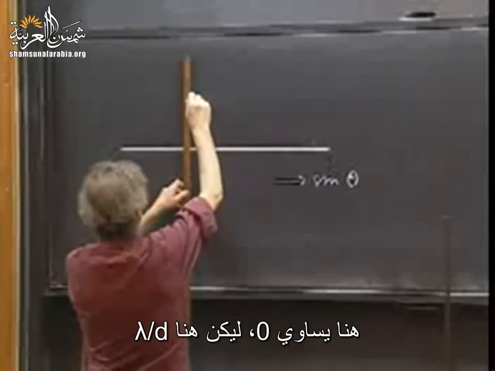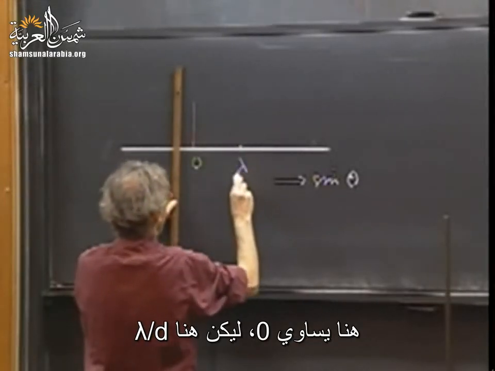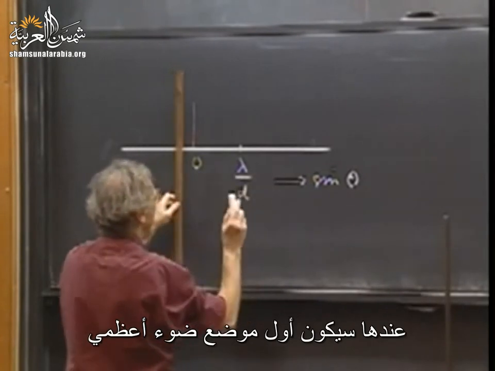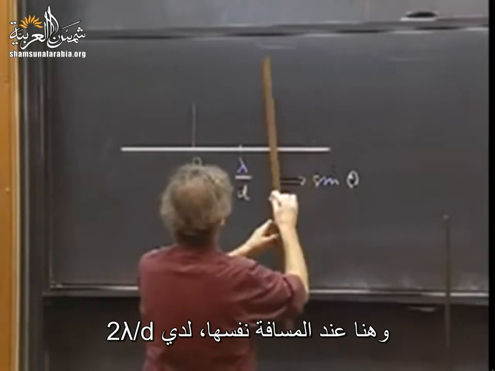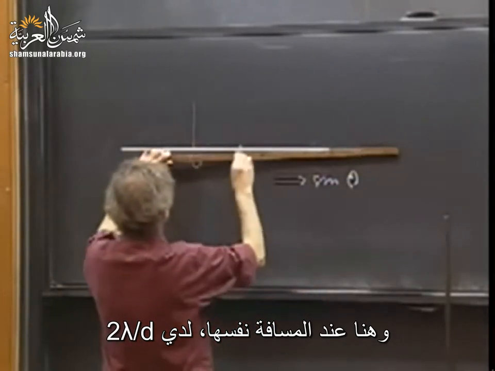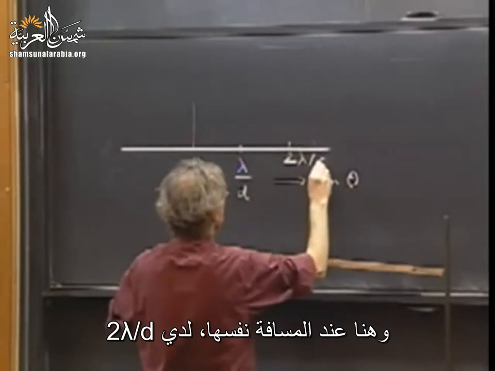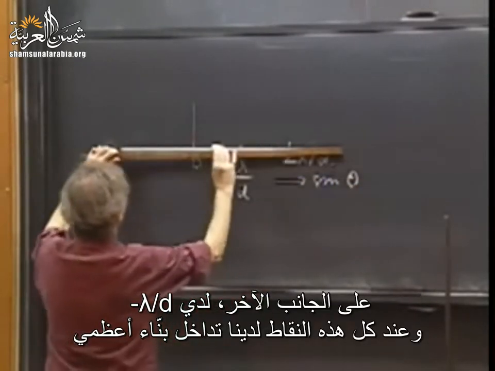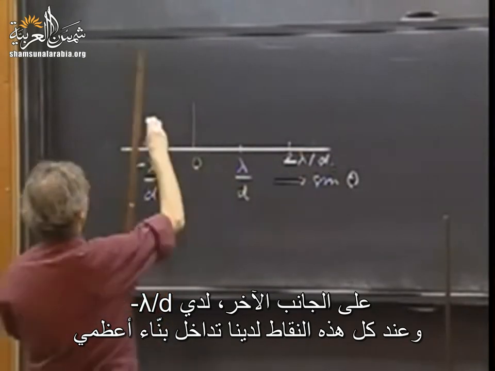But I always prefer to plot the sine of theta. And so here is 0. Let here be lambda divided by d. That is where my first maximum will come. You can see that. And then here, the same distance, I have 2 lambda divided by d. And on the other side, I have minus lambda divided by d. And all of these are maxima,